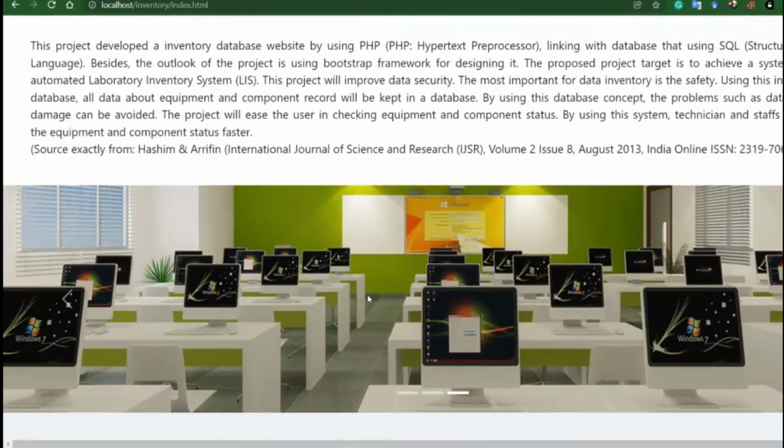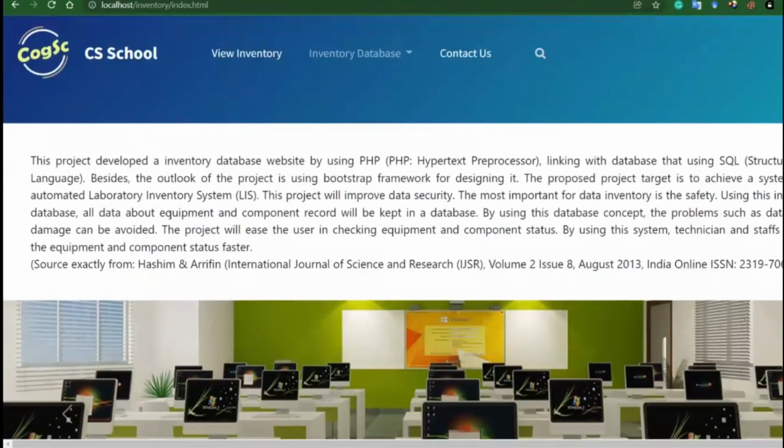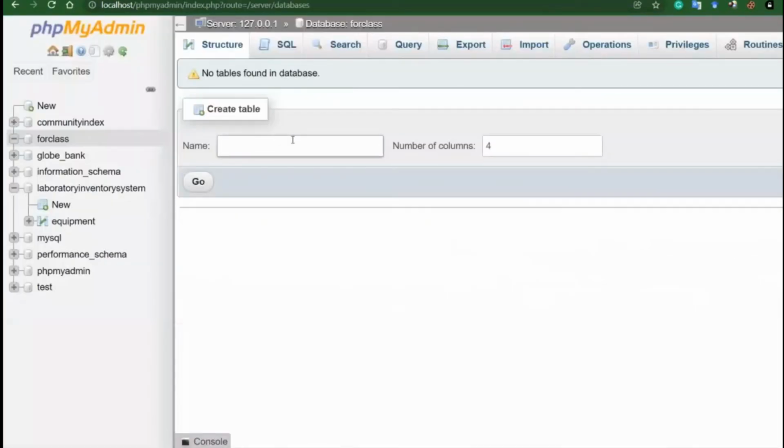To manage all the equipment, let's create a table with the name of equipment. So the name of the table will be equipment, and this will be the number of columns. Note the point, each column represents one property of the equipment.